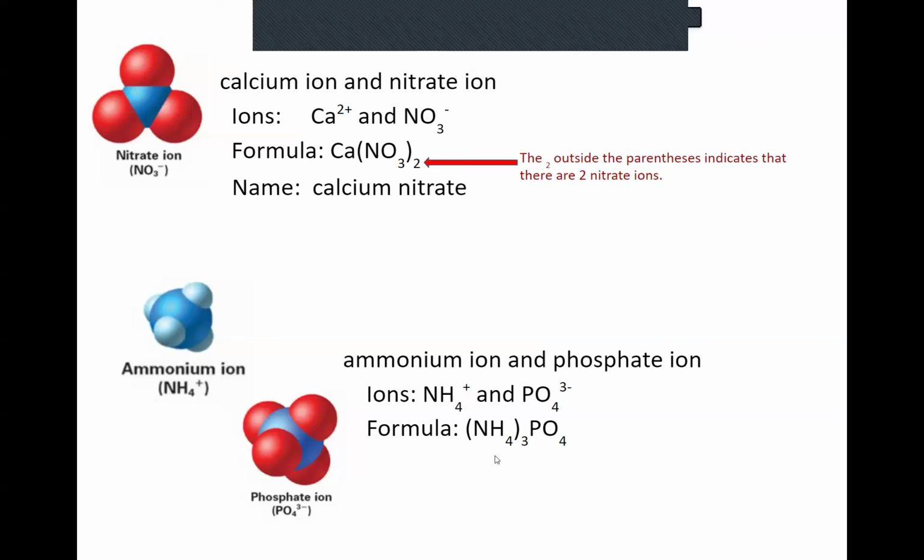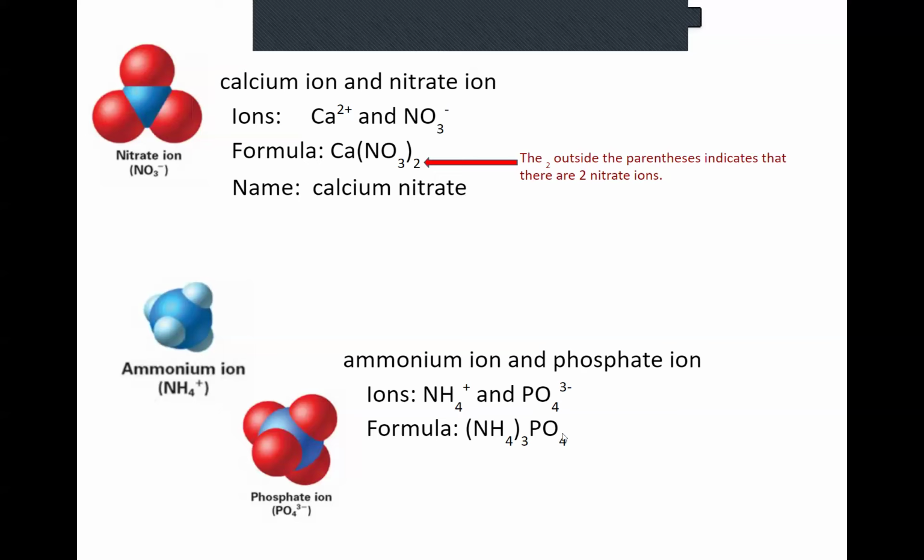It took 3 lithiums to cancel out the charge on 1 nitrogen ion. So just like that, if ammonium's a 1 plus and phosphate's a 3 minus, it takes 3 ammonium ions to cancel out the charge of, guess how many phosphates there are? Since we know that the formula of phosphate is PO4, and I only see 1 PO4 written here, there's only